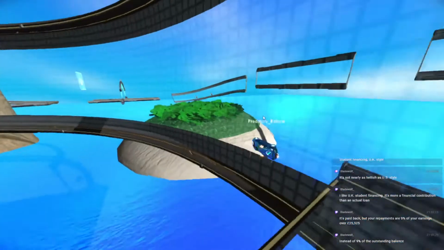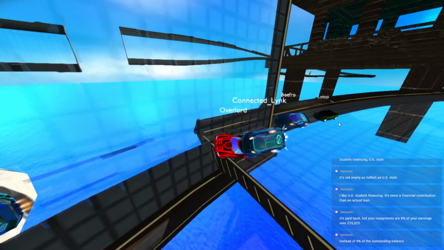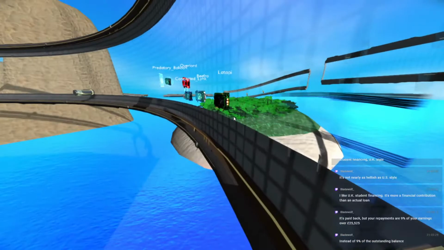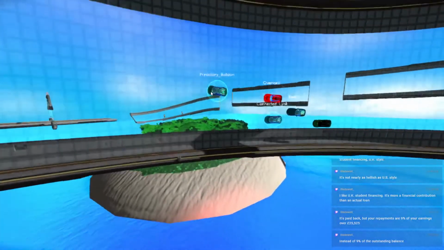So Predatory is going to grip onto it, and he's going to keep going. Everyone else here, Connected Link and Overlord, are jumping fairly close to this transfer. Latapi got pretty close to the road before jumping. See how quick that transition was? I don't know how much time he'll gain from that. It's not a lot. You don't gain a lot of time from that, but